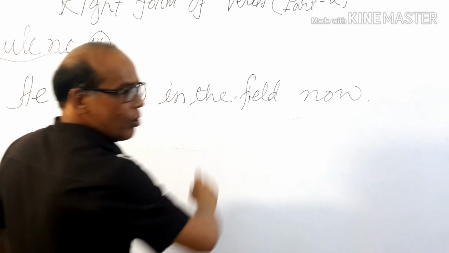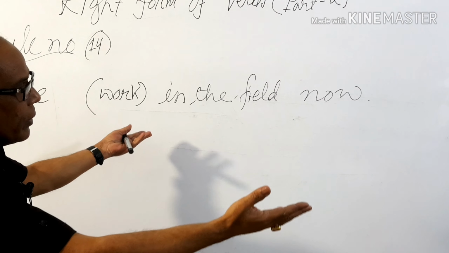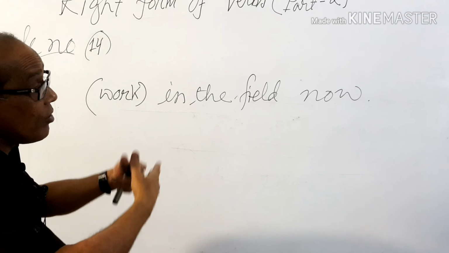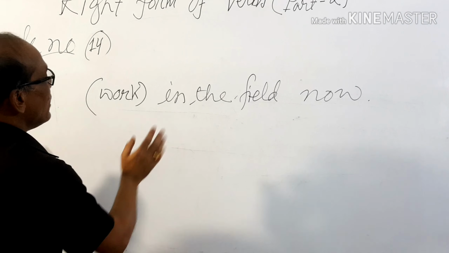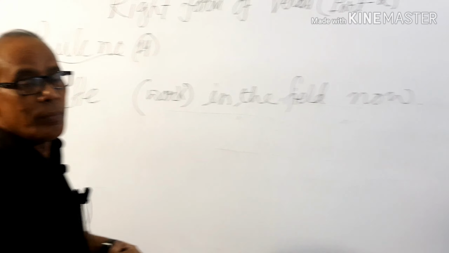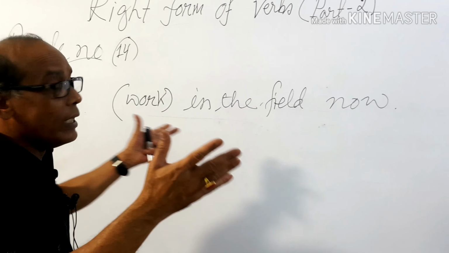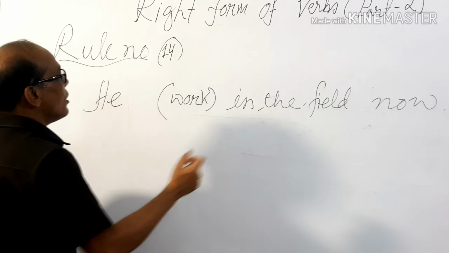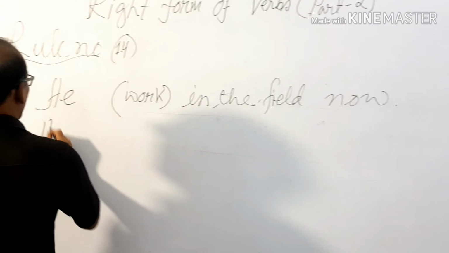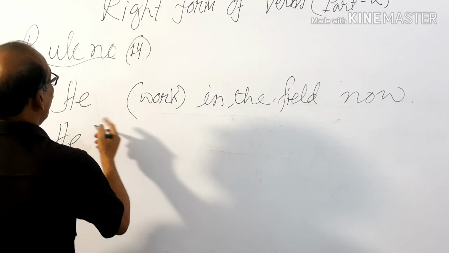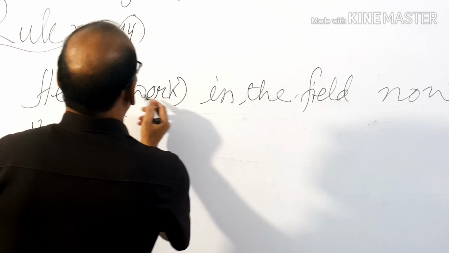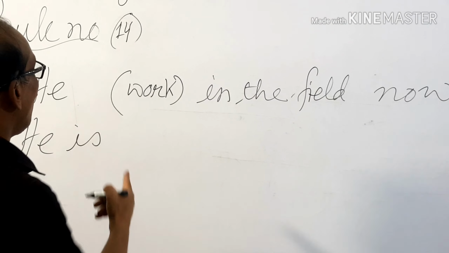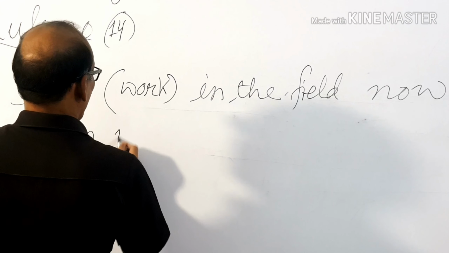As now or at the moment, at this moment, at this time, currently or now, any of them is found in any sentence, that sentence will be structured in present continuous tense. So he, we know am, is, are, any of them will be used here. He is, and we'll have to add ing to the base form. He is walking